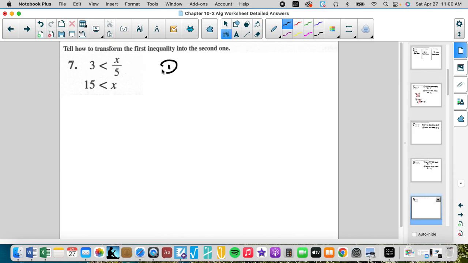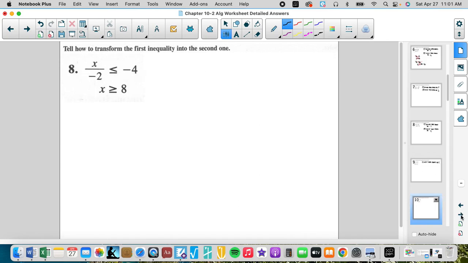This is good. So when we're dividing, the inverse of dividing is multiplying. Multiply both sides by 5. So the inverse of division is multiplication. Multiplying both sides by 5. 5 in the numerator gets rid of the 5 in the denominator. It leaves us with x. Multiplying 3 times 5 gives us 15. We are going to multiply both sides